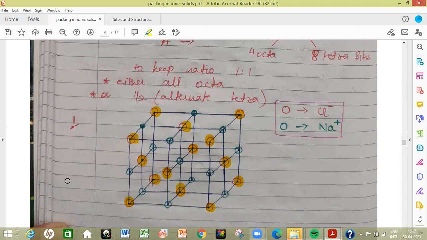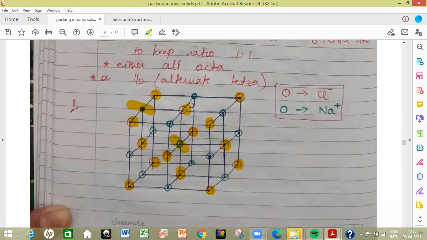So now sodium ions for NaCl are going to occupy the octahedral site. So position of octahedral site in case of FCC lattice, we have already discussed that the octahedral sites are present at the body center, this one, and at all the edge centers. There are 12 edges. So all the 12 edge centers will be occupied by sodium ions.